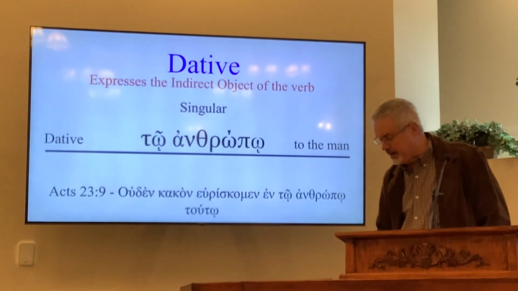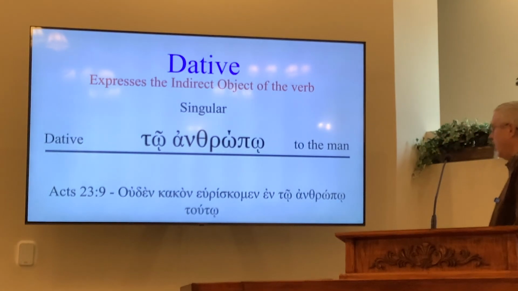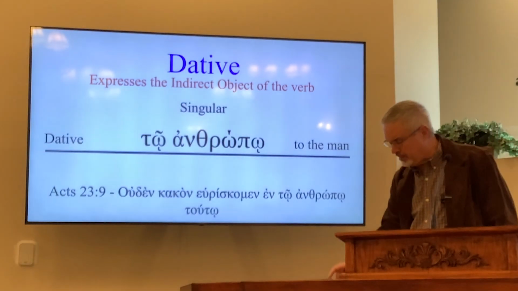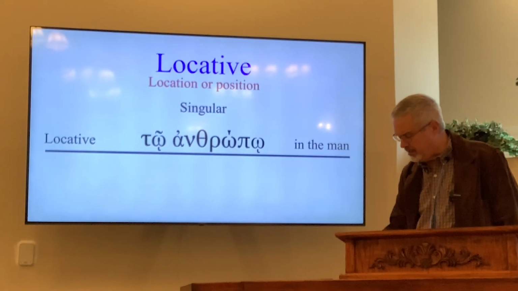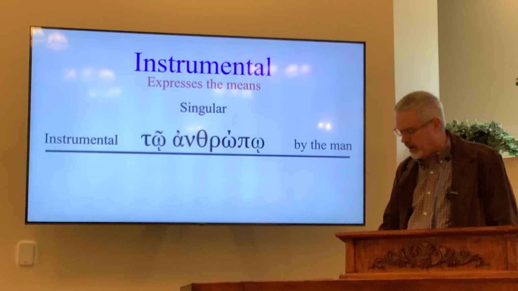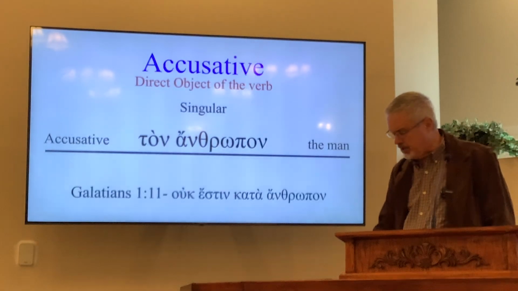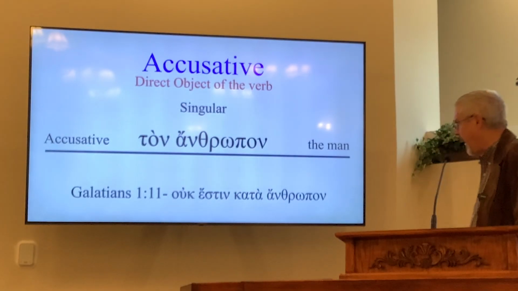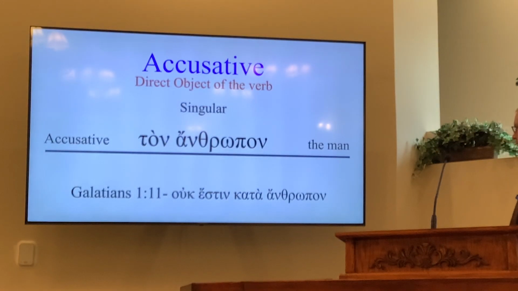You have dative, to anthropo, that's to the man, and we have a locative, in the man, to anthropo again, instrumental, to anthropo, by the man, accusative, the man, and